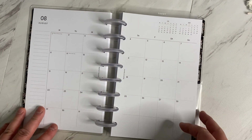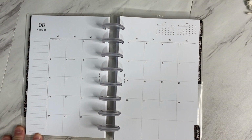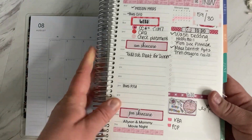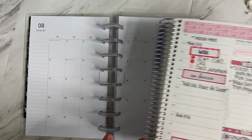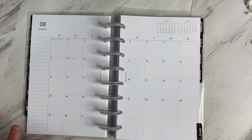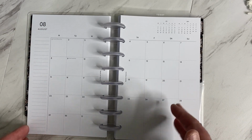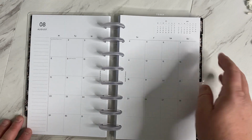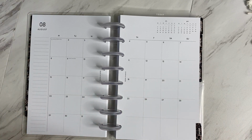Also, from Cloth and Paper, I ordered the daily sheets because I currently use the Daily Duo, and I like the layout. But instead of having 2 different planners on my desk, my vertical and my Daily Duo, I would like to add my daily planning also in here, so I could have my monthly and my daily planning all in one space, and I could easily access it. I probably would only end up keeping like 3 months of each at a time,